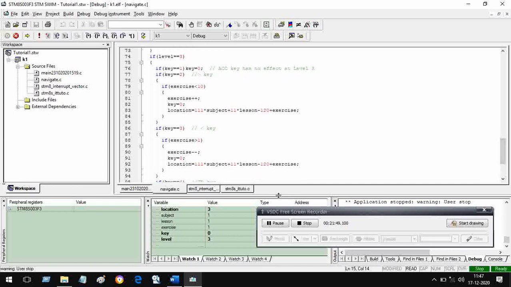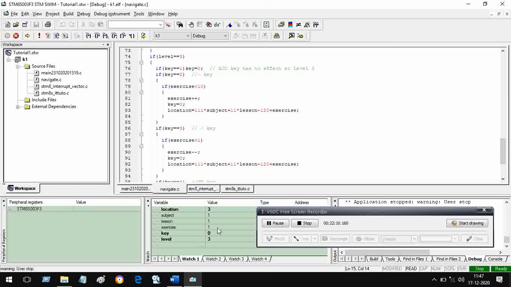So what would you like to do? At level 3, if I press the next key, then I should be able to go from exercise 1 to exercise 2, because level 3 means exercises.